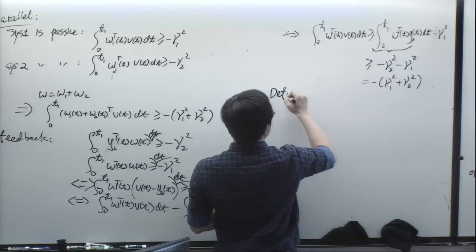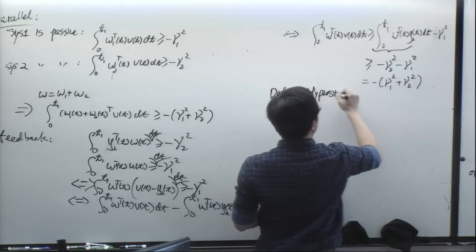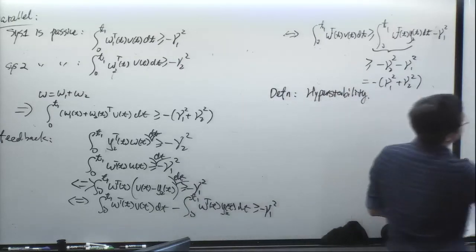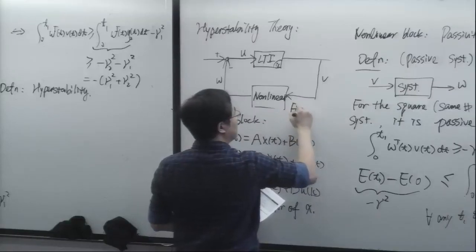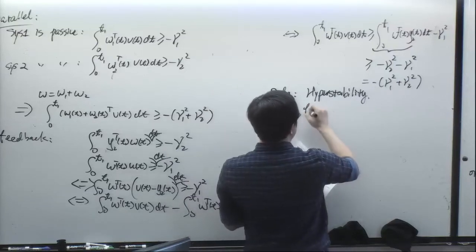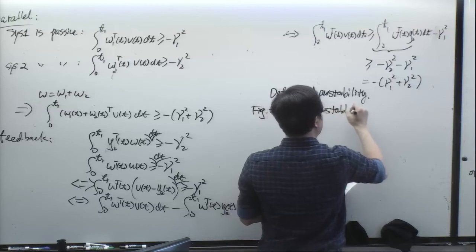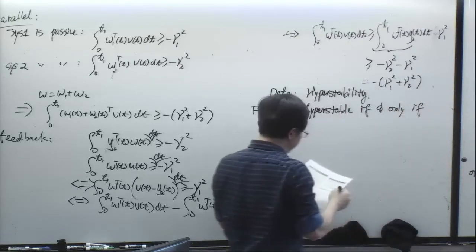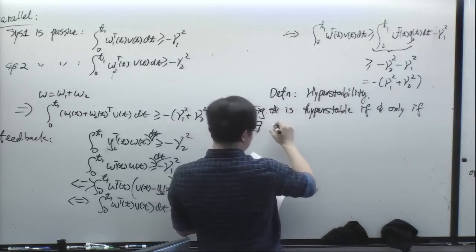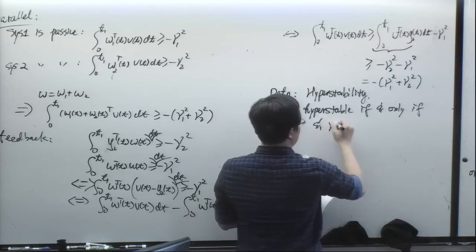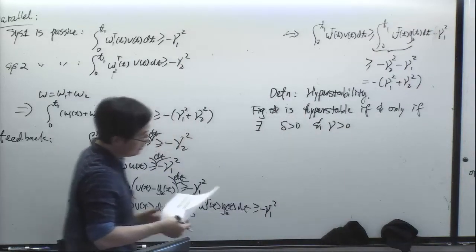So the definition of hyperstability is as follows. This feedback system, let's call this figure star, is hyperstable if and only if there exist constants delta and gamma, positive constants delta and gamma, such that